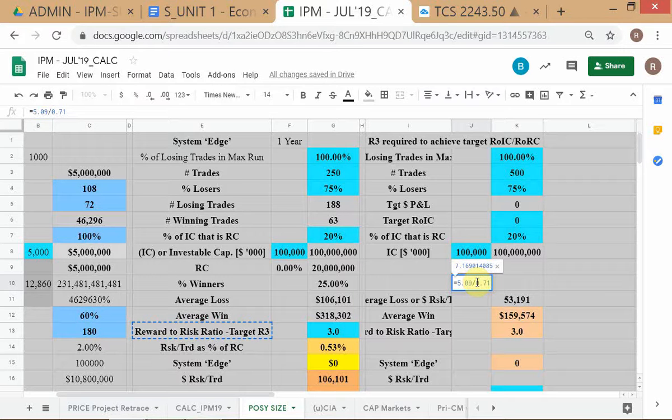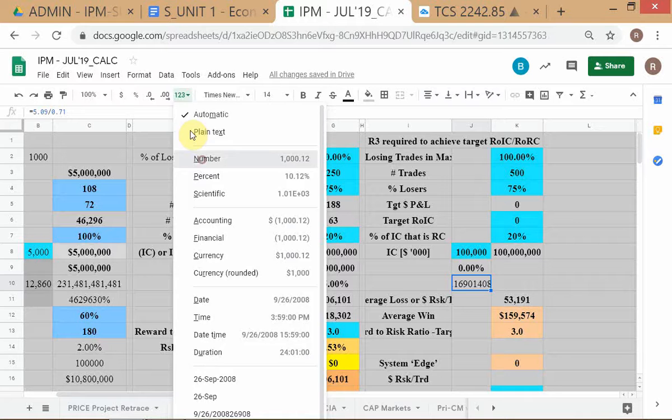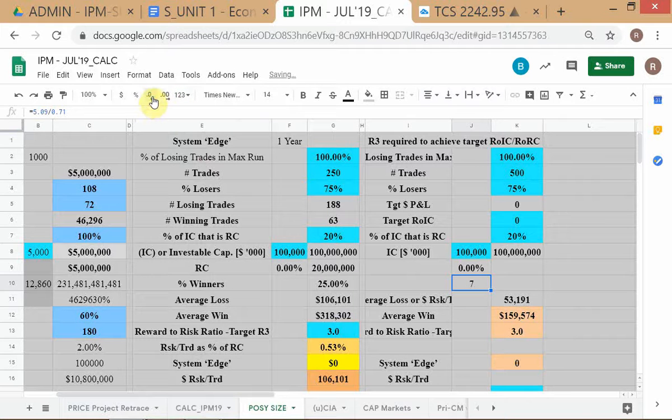In this particular Aussie trade, the R3 was quite high, so you can just write it as 7.17. Right now it's all an ex-ante analysis, because you're planning your dollar risk per trade and other elements of the trading system before you start trading. If you think you can achieve 7.17 R3 overall on all your trades,